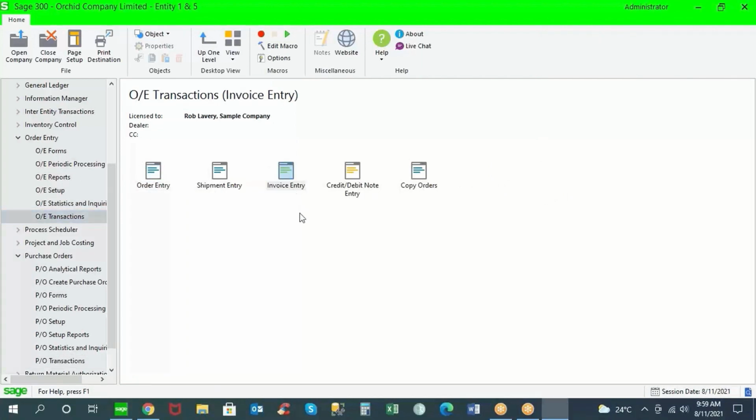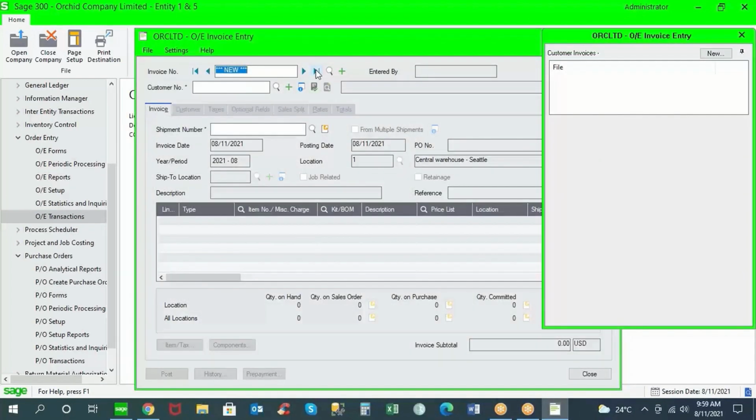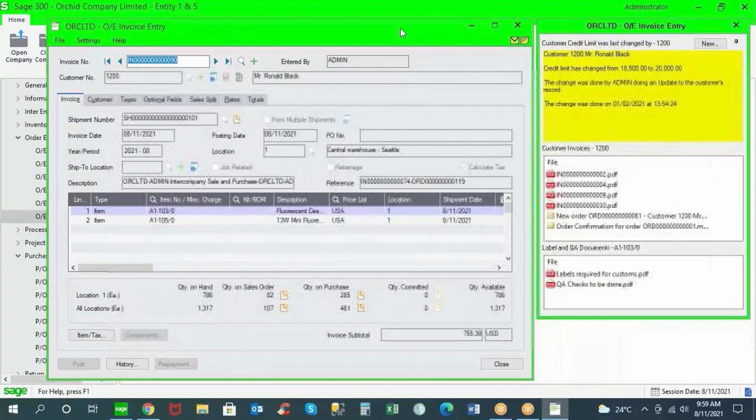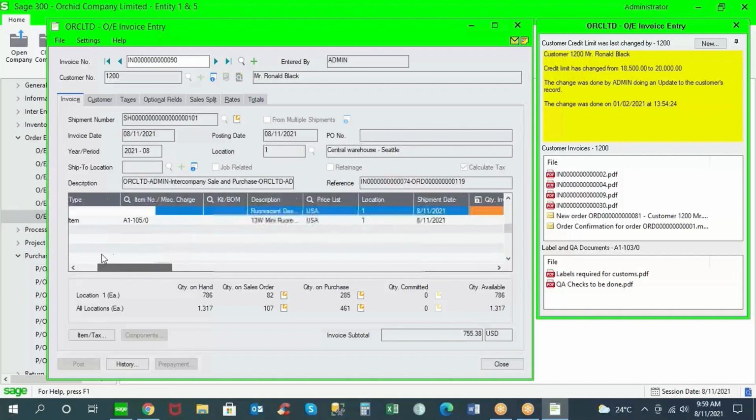And now within order entry, we see that we have an invoice 74 that will be recorded against the shipment and the original order entry 119. So there's the reference to the PO invoice 74 and the order 119 against those items with the quantity of 12. So that amendment flowed all the way through the order entry to PO to OE,